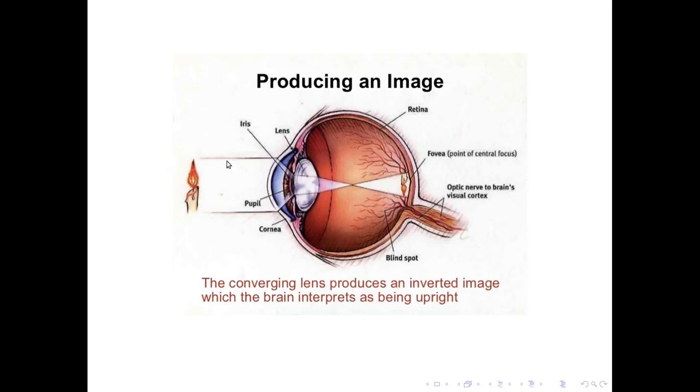We have light from an object that gets focused by some kind of lens to an image on a detector. In this case, it's the retina. It is comprised of little cells that can see both colored light and black and white light, or gray nuances, if you will. I think it's the rods that can see color, and the staves that can see black and white or gray nuances. It can be that it's the other way around, but in any case,